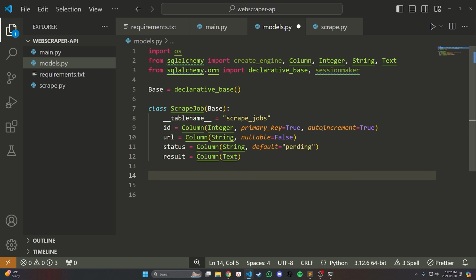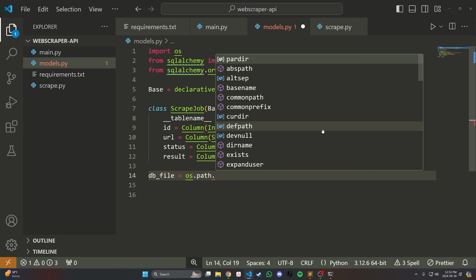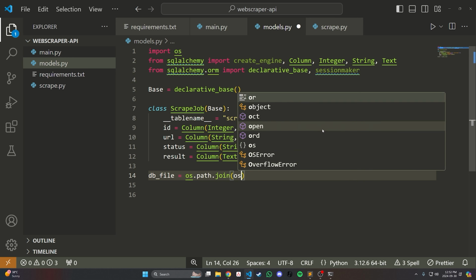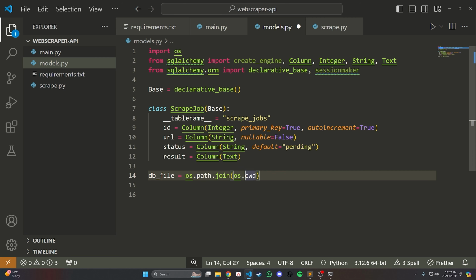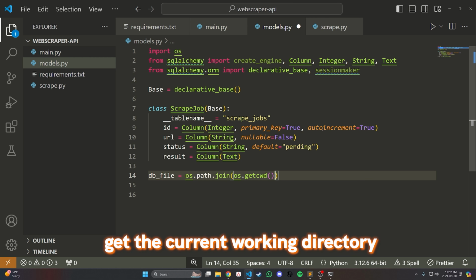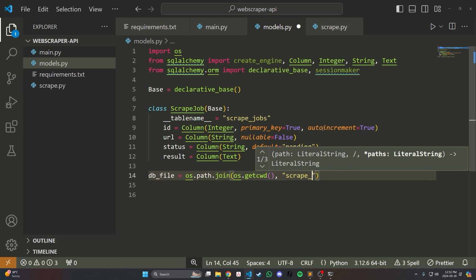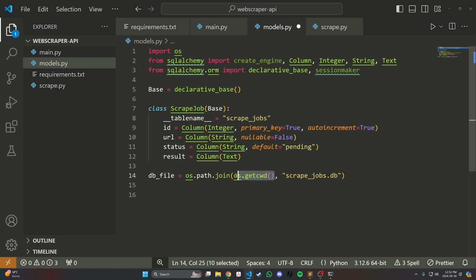Okay, so now we have the table, and the next thing we need to do is figure out what file we're going to be storing our database inside of. So we're going to say db_file is equal to os.path.join, and we're going to join os.getcwd, which stands for get the current working directory, and then scrape_jobs.db. So what we're doing is we're taking wherever this file is currently located, so this models.py file, and we're just combining that with scrape_jobs.db, which is the name of the database that I want to store all of this